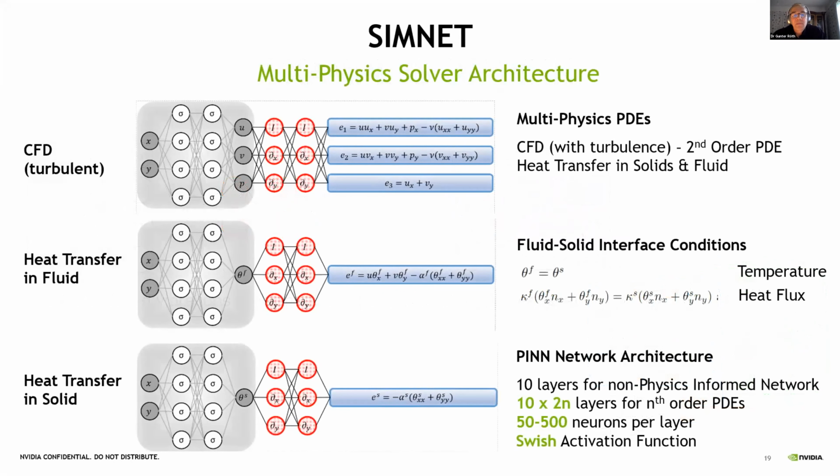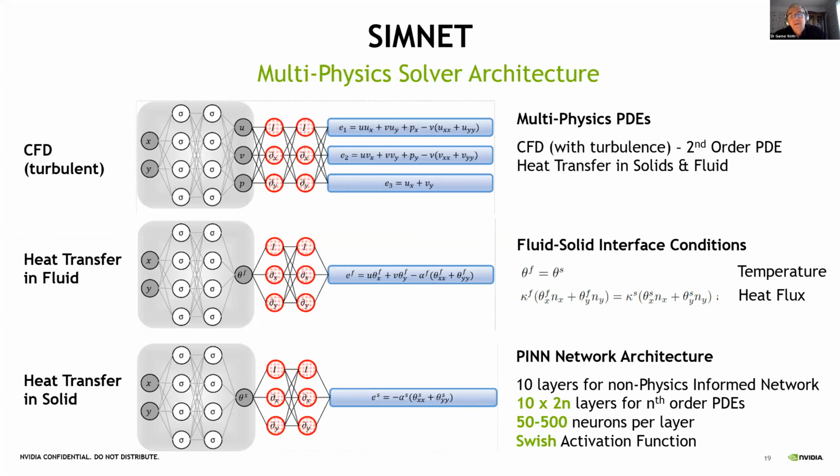Here we see a somewhat more complicated setup, for example, for this heatsink. The heatsink will, of course, simulate the airflow that comes over it, so we must have all this turbulent CFD data. The first network is trained here with the Navier-Stokes equation. Then we will have heat transfer in the fluid, which is another network that we will train. And finally, we also have heat transfer in a solid. Then we train all these networks.